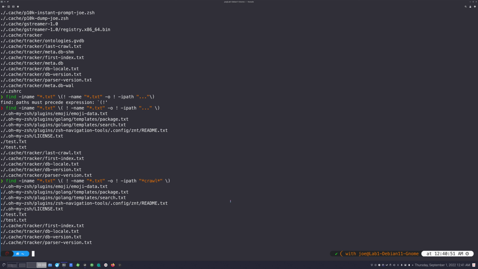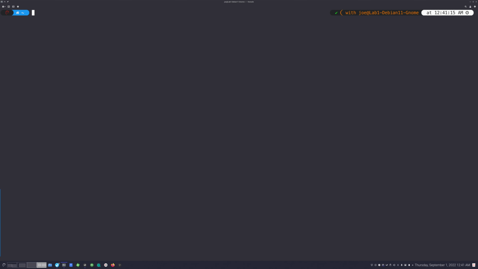Now to get to the fun stuff, and this is where it becomes dangerous, and this is where I have to put some disclaimers in. So let me clear the screen. Disclaimer, okay? A few warnings here. Number 1, always do your find with a bare command before issuing either of the 2 following commands. What do I mean by that, right? Do a find command with an iname, and then a .txt or whatever you want to find, right?